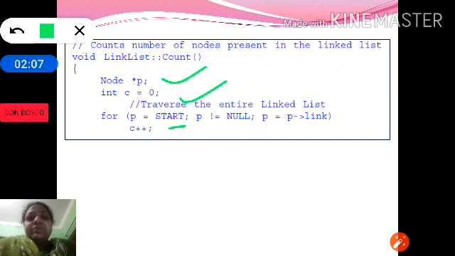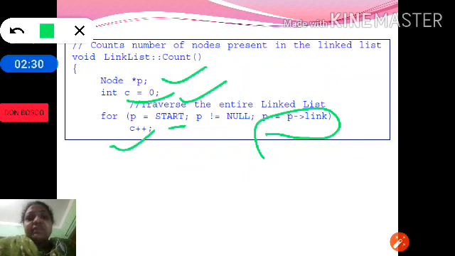Till P becomes null, we are making C plus plus. We are incrementing the count by 1, and each time we increment the count, we say P is equal to P of link. That means P is equal to P of link will make P move to the next node.